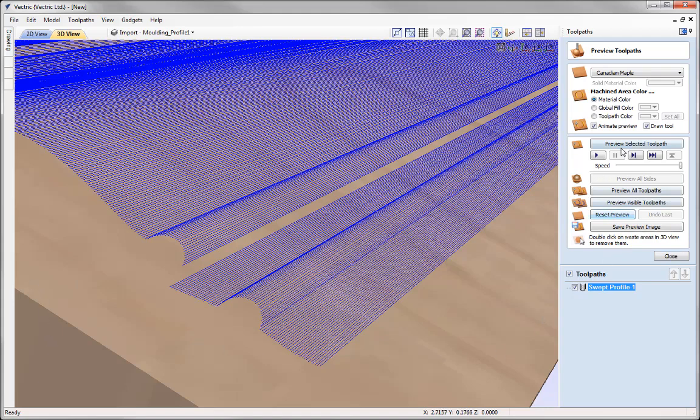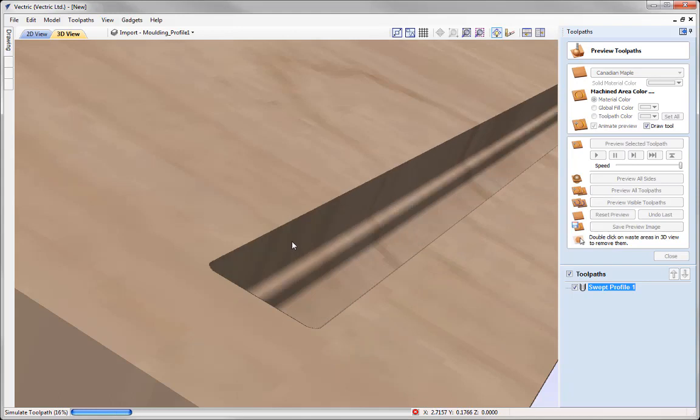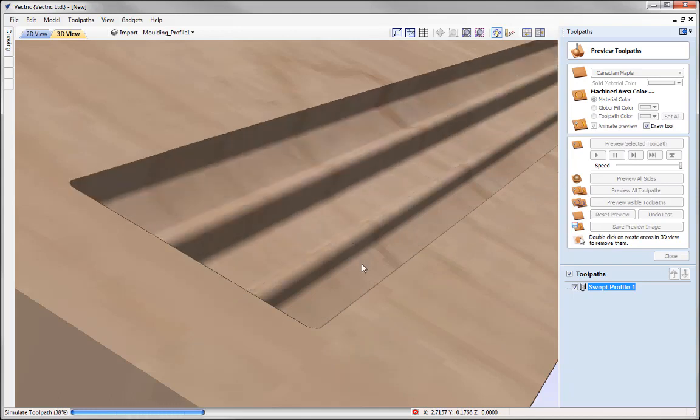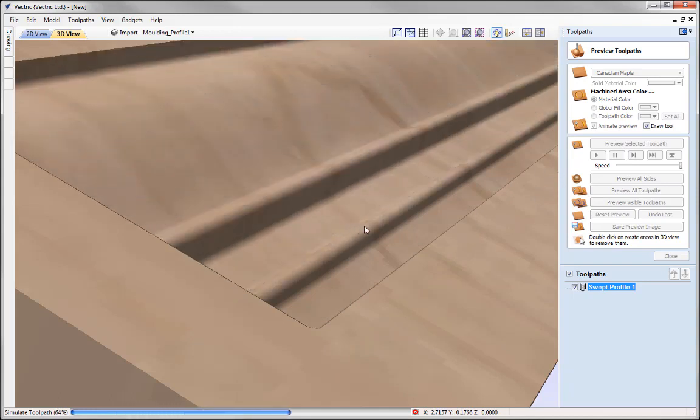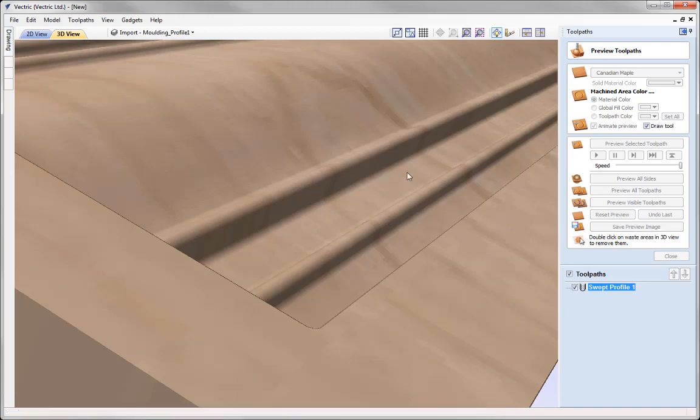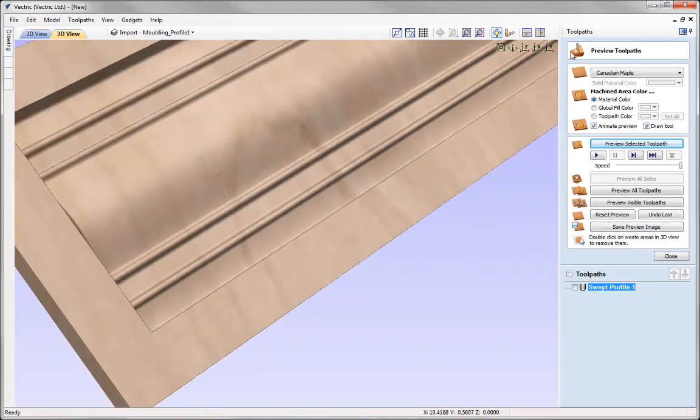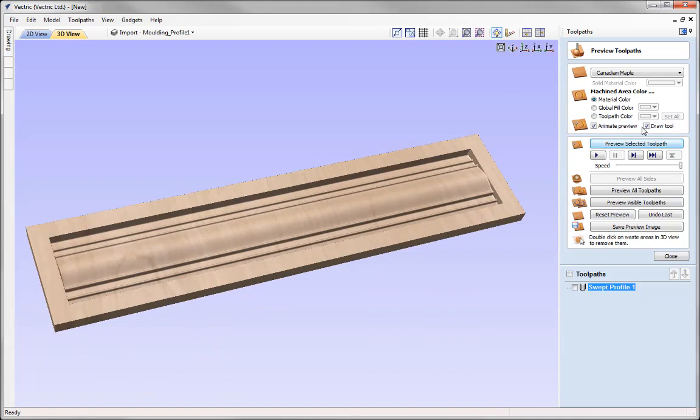So then we could just simply go ahead and preview that toolpath. And we can see how our part looks. So I'm going to uncheck the option to animate the preview here. I don't need that on